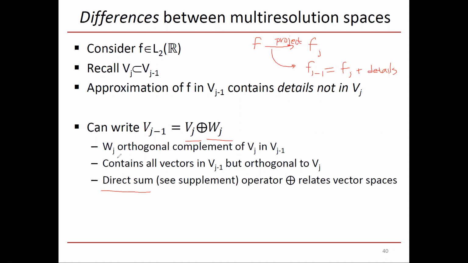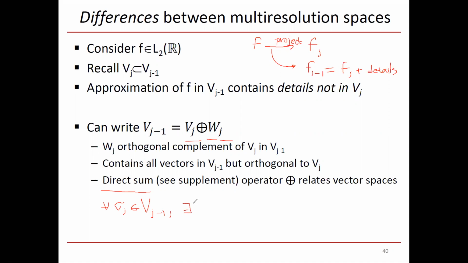Now, Wj is an orthogonal complement of Vj in Vj minus 1, and it contains all the vectors in Vj minus 1 that are orthogonal to Vj. So we can write that for all V tilde j in Vj minus 1,